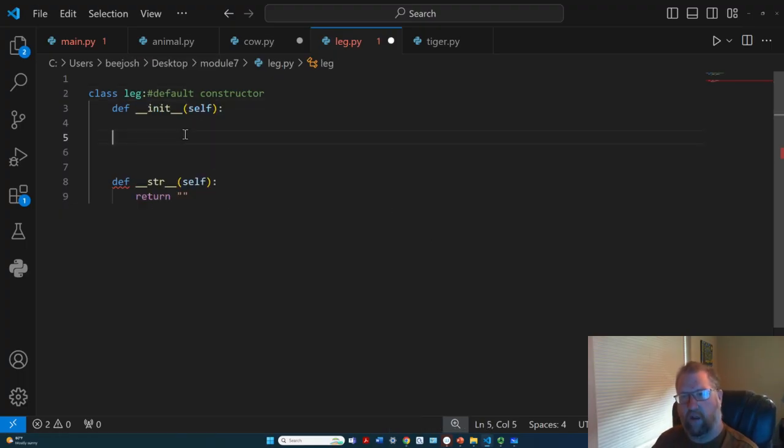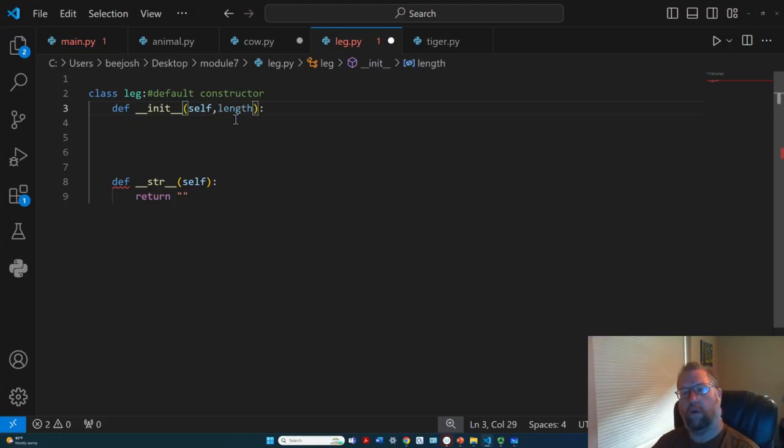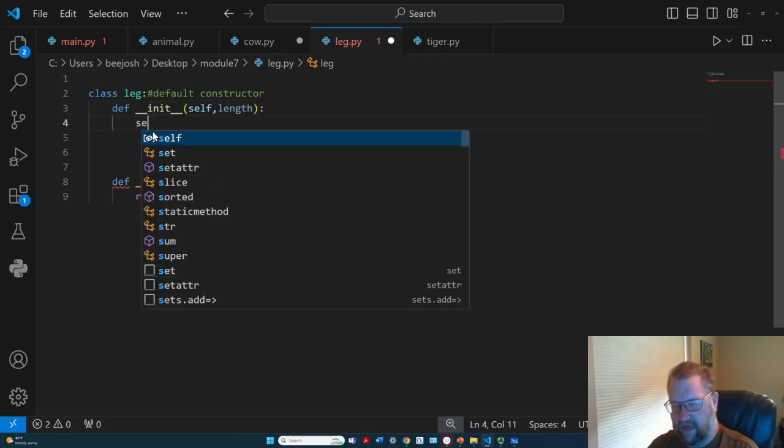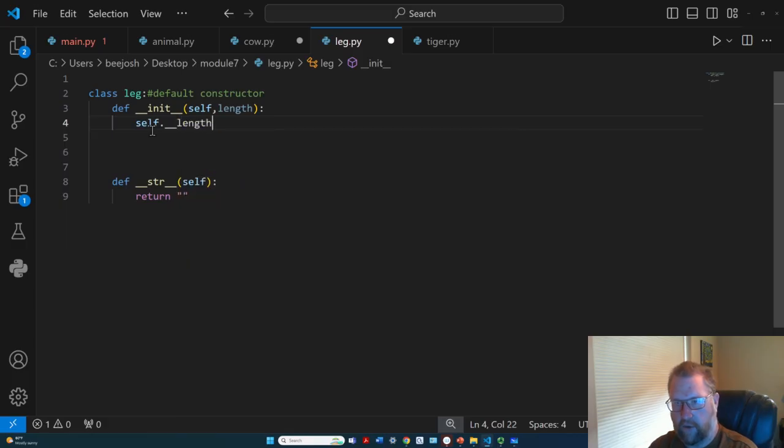And what do we want leg to have? We want it to have a length. And so we're going to say self dot underscore length. And then what we're going to return, we're going to say